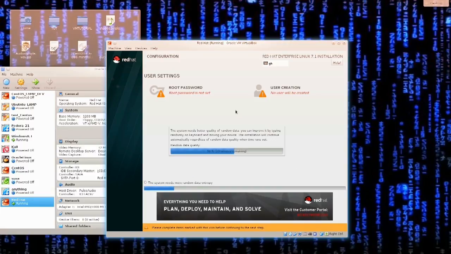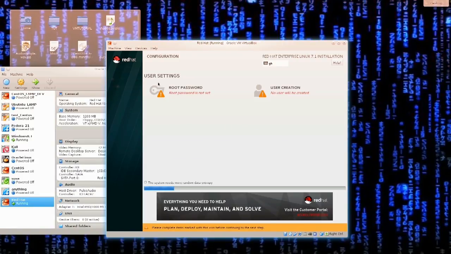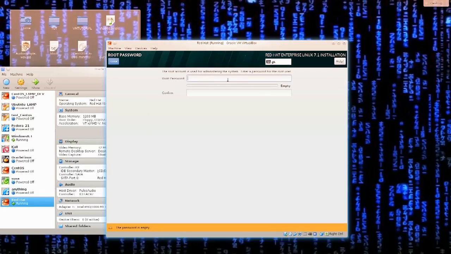As the installation is going through, there are a few things. The system needs random data. You can improve this by typing in randomly on the keyboard or moving the mouse, to improve the random data quality. Amazing. Anyway, user settings. Configure your root password, and look, for my user passwords for this particular machine that I am most likely going to delete after I finish this tutorial,